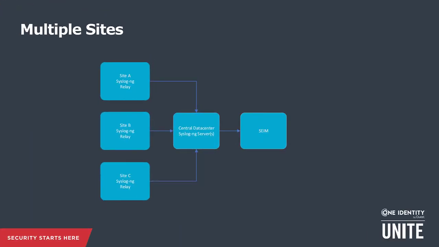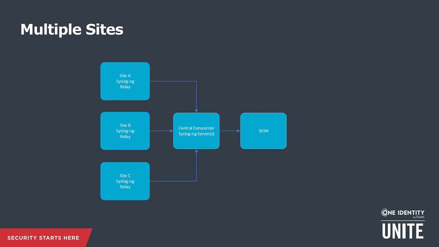And then to scale either of these methods up, whether agent or agentless, you can use Syslog NG relays. So relays are full Syslog NG instances whose purpose is to aggregate and, if necessary, pre-filter and pre-process and then pass those logs on to a Syslog NG server. It's the same software, but the difference is that the relay is intended as a pass-through. It's not a destination in itself, and it'll always work with a server instance. So you could have these relays acting as a local ingest point for a few thousand endpoints each, and then ensure secure and reliable communication from those relays to a central server.